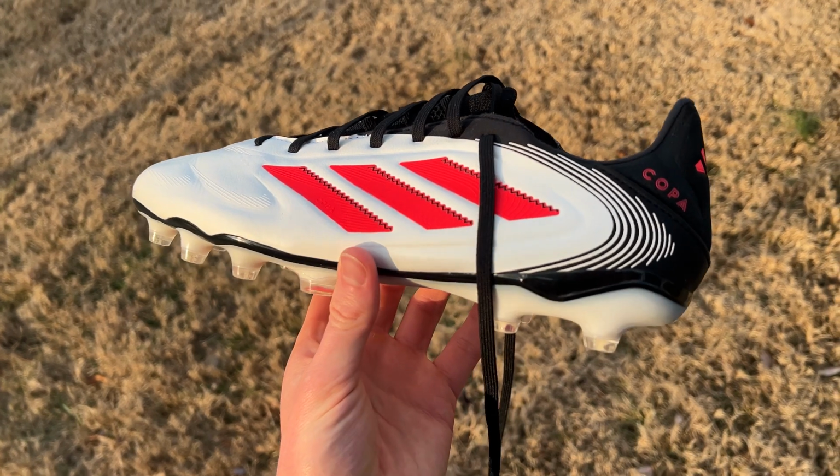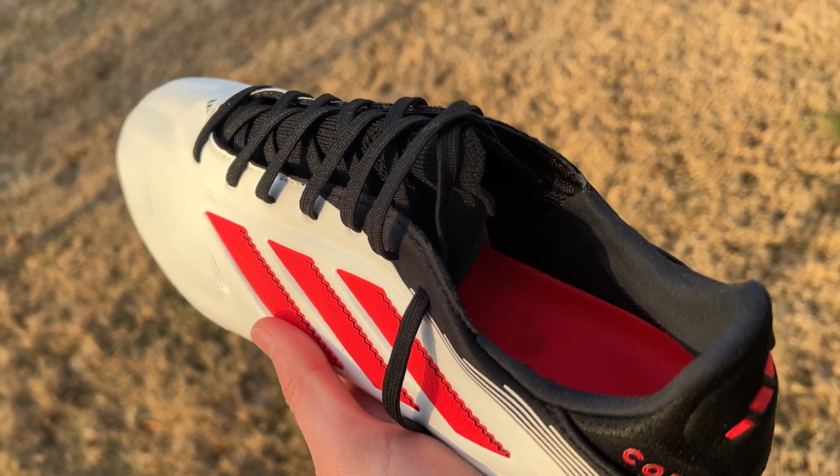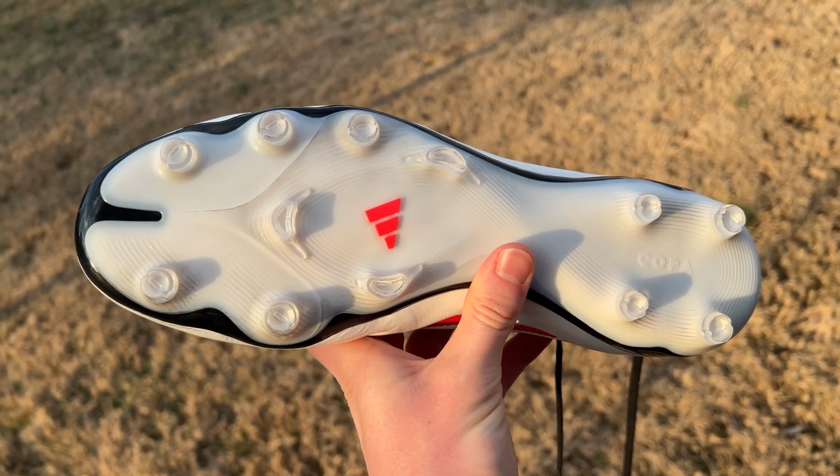Adidas have just launched the third iteration of their Copa Pure series. And right here, we've got the second tier takedown model with the Copa Pure 3 Pro. And these boots are going to retail for $140, and they definitely have a lot of differences compared to last